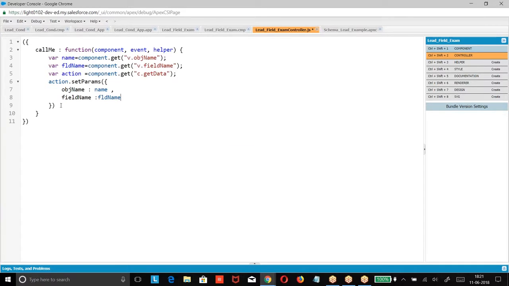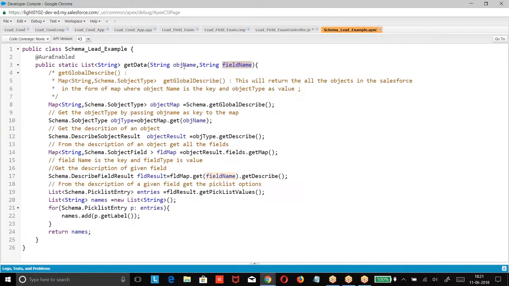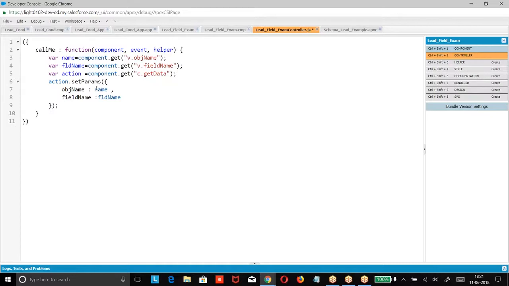So whatever the names you have given, the same names I have to pass. OBJ name, the value is name. Field name, value is a field name. When you call this, I was supposed to enqueue this action. Enqueue action. Because every operation will run like asynchronous operation.